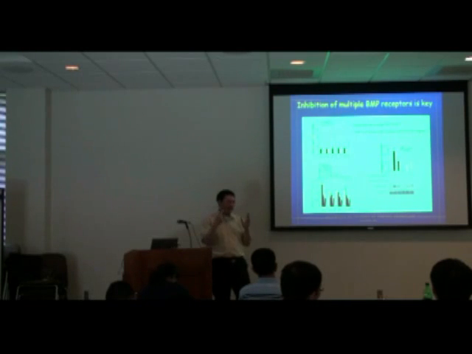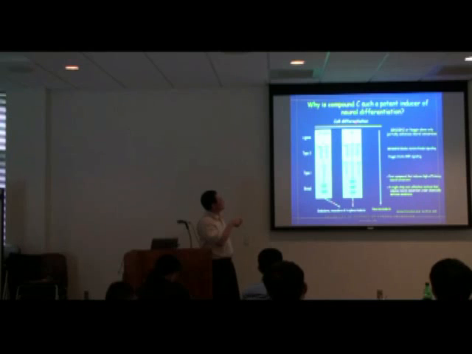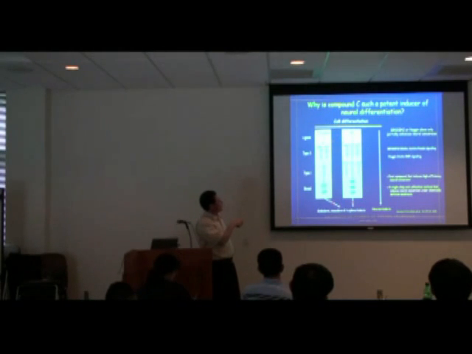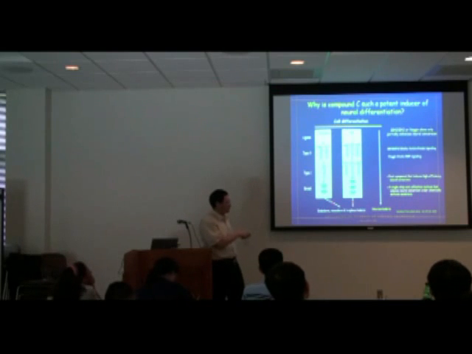So we show that if you knock down 1, nothing happened. You knock down 2, you saw something. Knocking down 3, you see something very similar to compound C. So this is the reason why compound C is so potent. So it's summarized in the slides essentially. So we think the reason compound C can promote neurodifferentiation is the following. It's very potent in blocking the TGF-beta superfamily receptors, which in turn block the endoderm, mesoderm, and trophoblast pathways. These 2 pathways altogether can promote these 3 lineages, and if you take away these 2 pathways and block these 2, then in the differentiation of ES cells, neuroactivin becomes basically the only pathway that is still active, right?